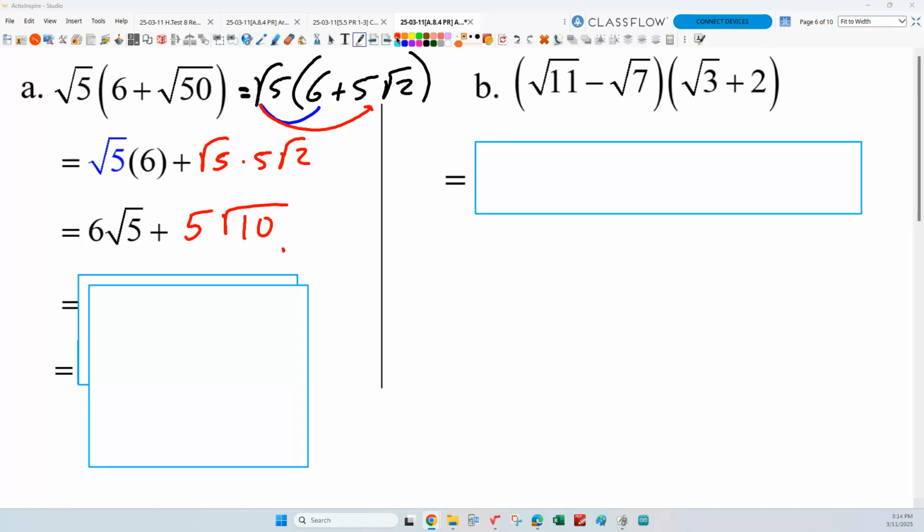Make sense? Okay? And really, that's my answer, isn't it? Because can I simplify the square root of 10? No, there are no couples in that factor tree, agreed? So it's all stuck inside, and those are not like radicals, so I'm done. That's as far as I can go. Make sense? Okay? So we get,